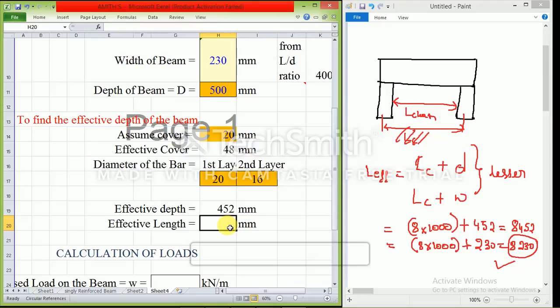So as we know, we need to press equals. Okay. Then the code point is, I need to calculate the minimum of these two values, right? Which is the lesser value. The cheat code here is MIN, minimum of the two things. Okay. I'm just opening the bracket.